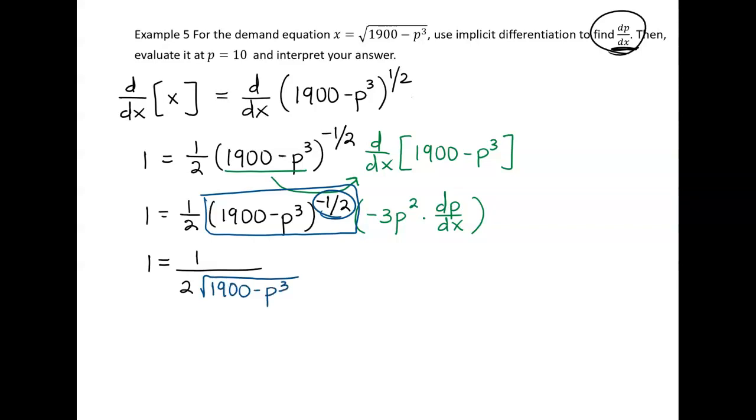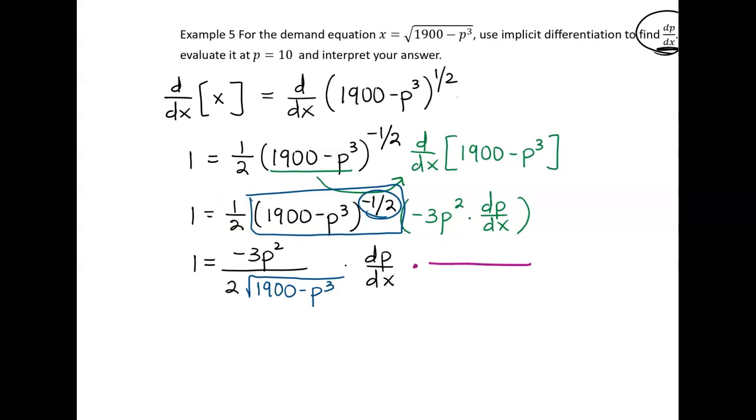And then the negative 3p squared dp dx, I'm going to put that negative 3p squared in the top. And I'll just leave the dp dx out on the end. I could have multiplied it up in the numerator, but we're trying to solve for it, so I'm just going to write it off to the side there, because it makes it a little bit easier to see that to solve for that, I need to come in